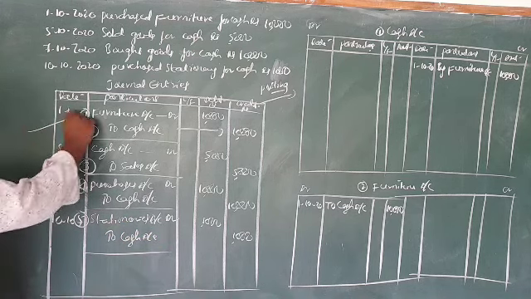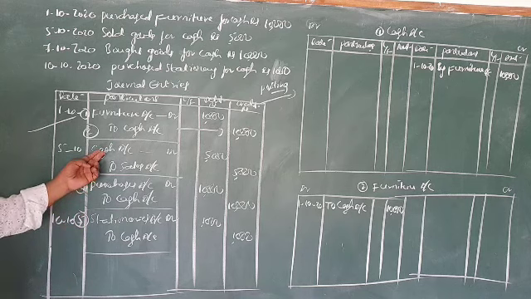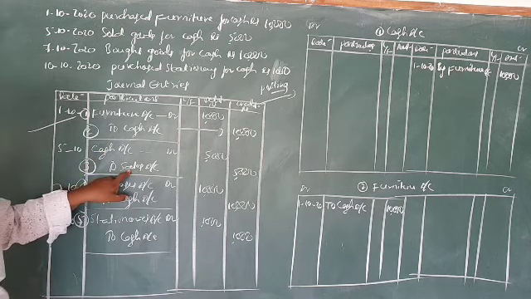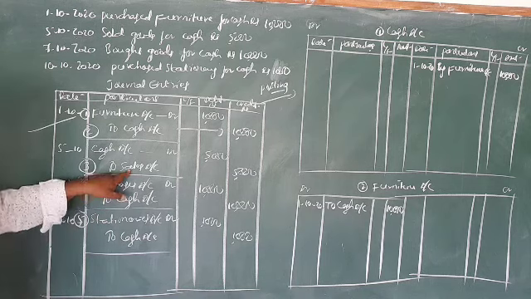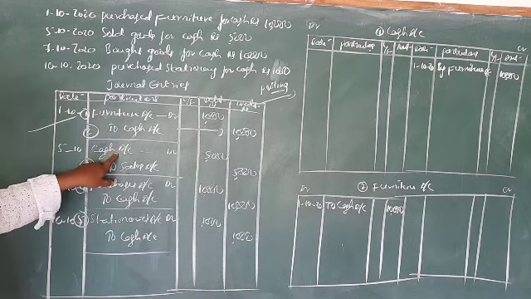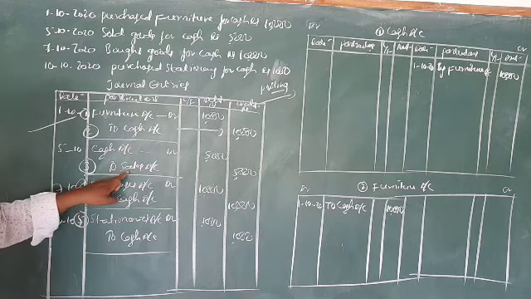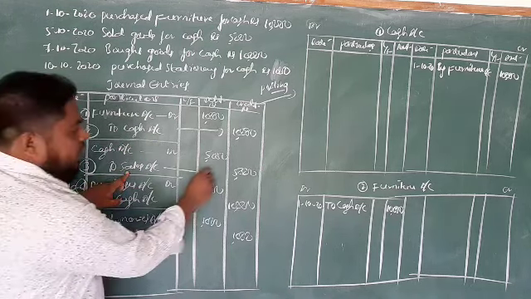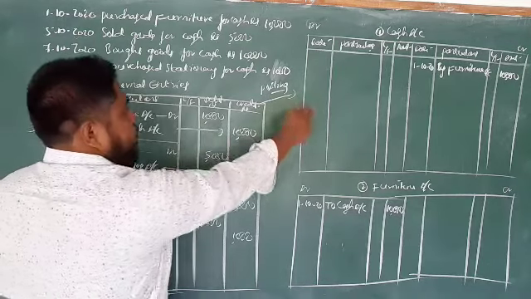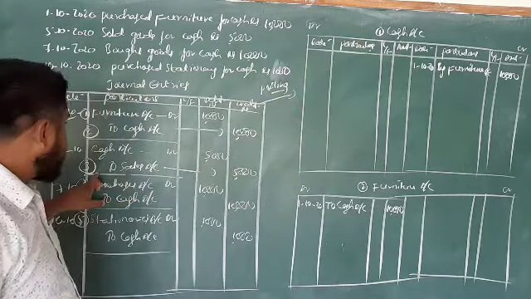So first we have to update. Second, cash account debit to sales account. So in cash account we have to enter sales. In sales account, opposite we have to enter the cash. Now in cash account we have to enter sales. So sales it is there credit side. So in cash account the debit side.